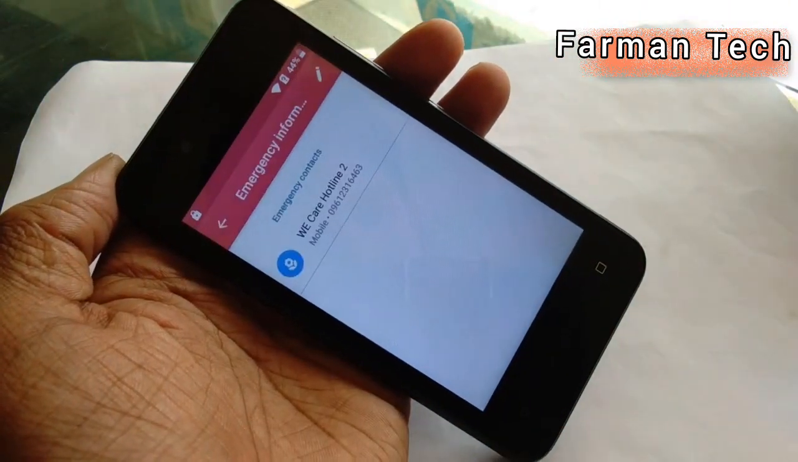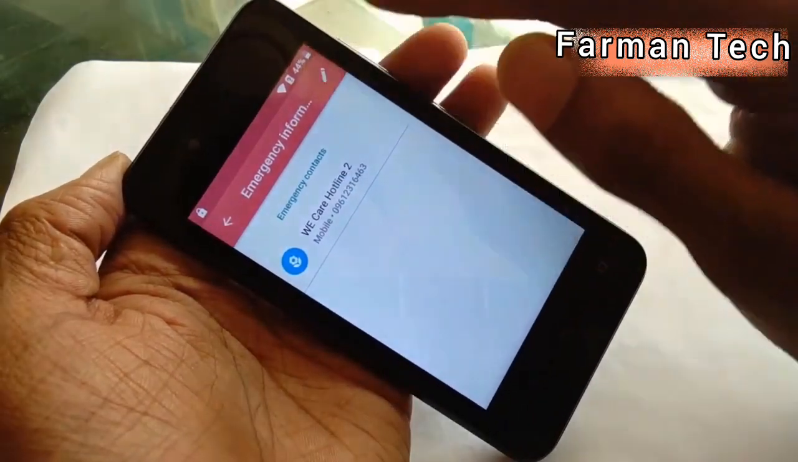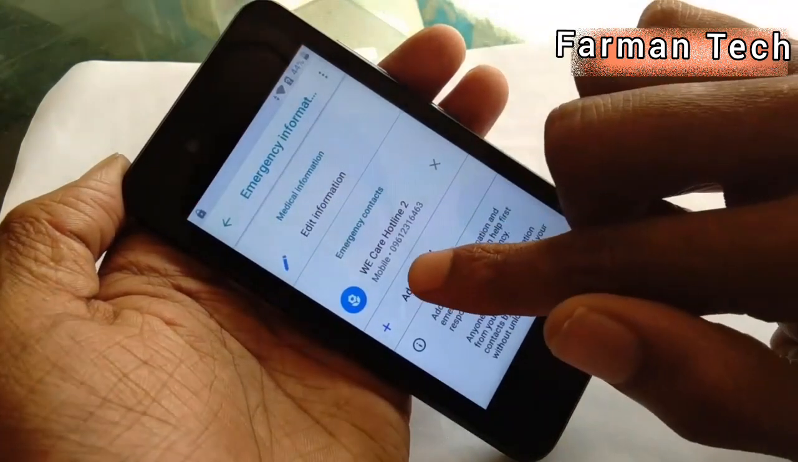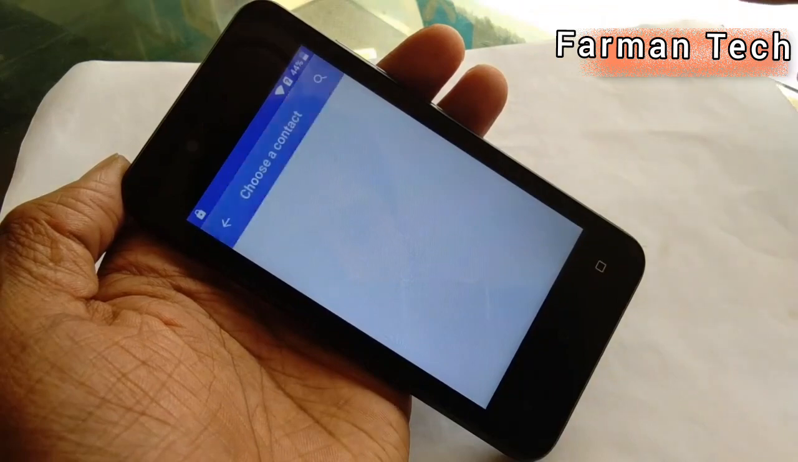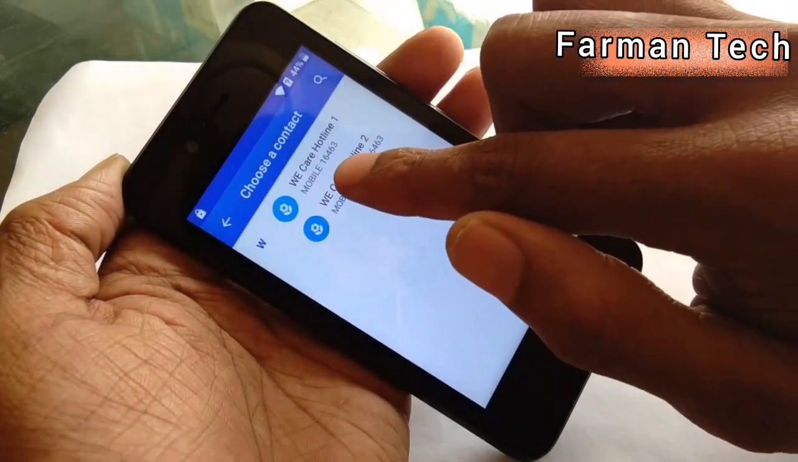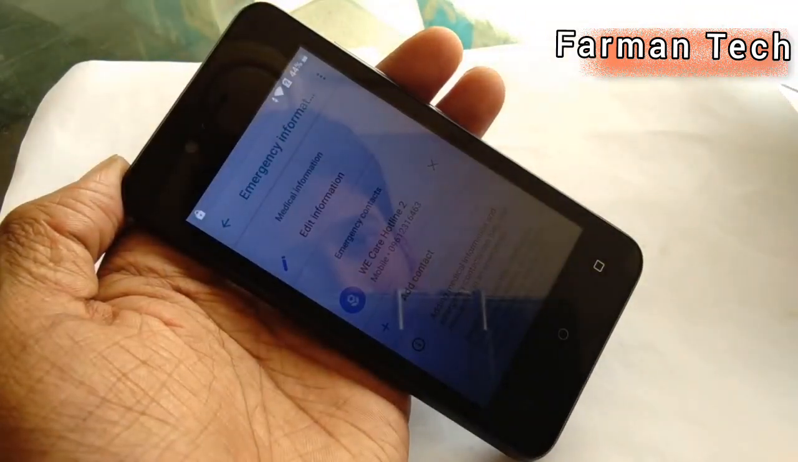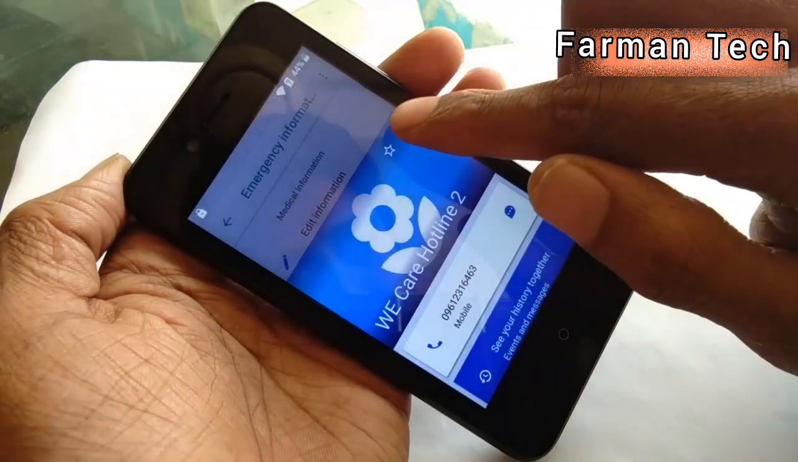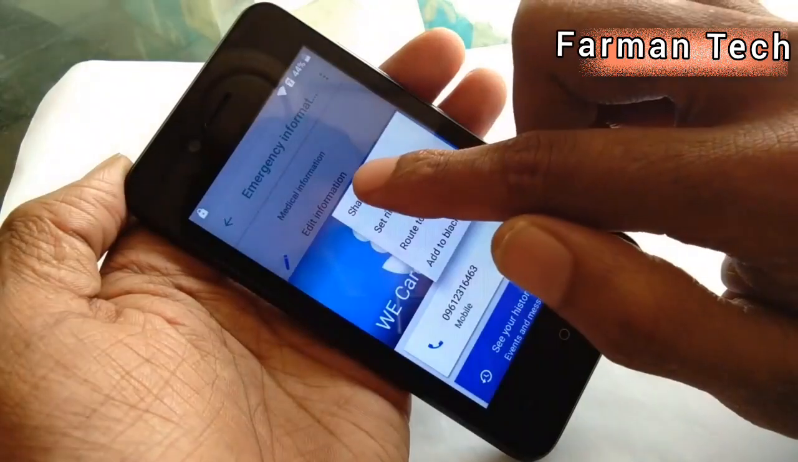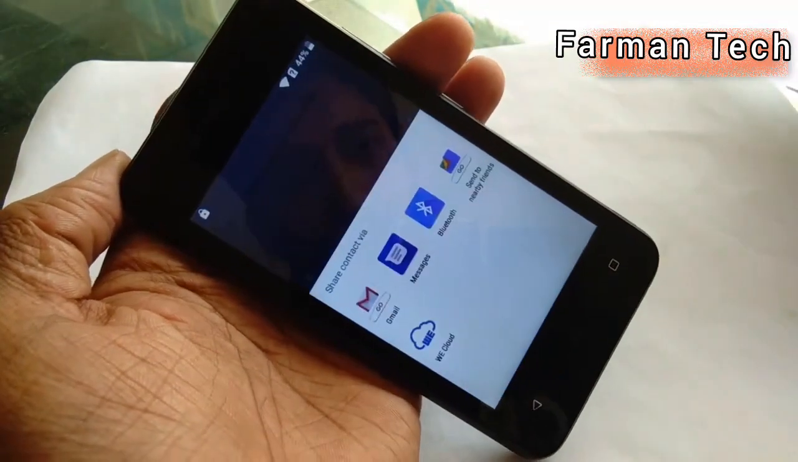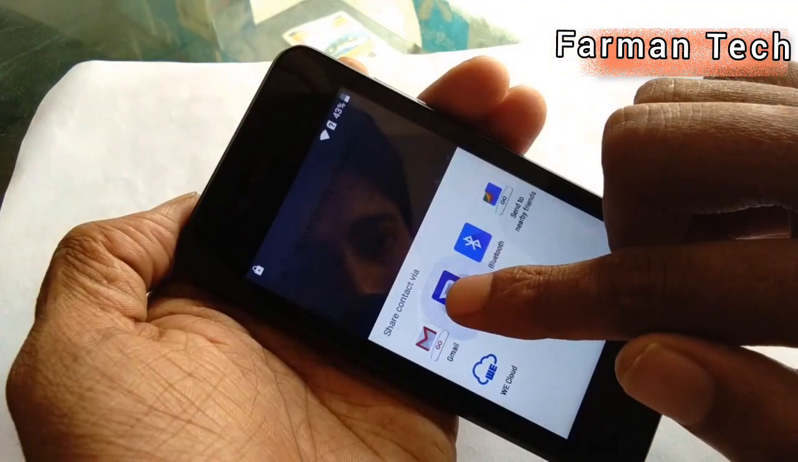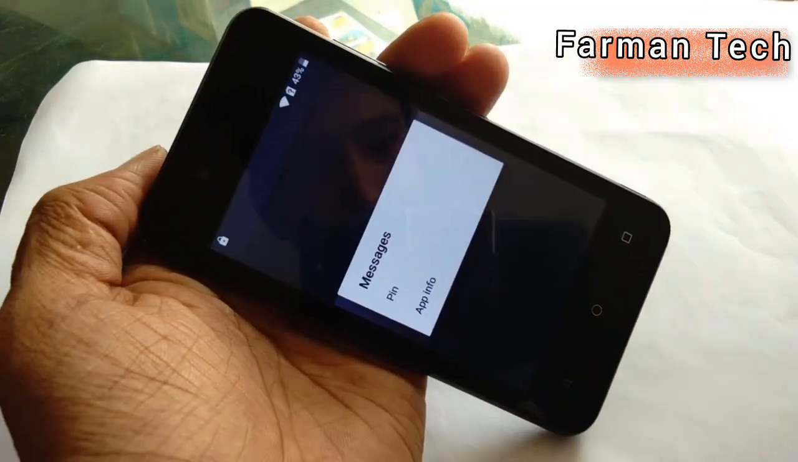After that, click on pencil. You can see here, add contact, and you can see here in this mobile. After that, tap on contact and click on three dot, share, hold on message icon, click on app information,